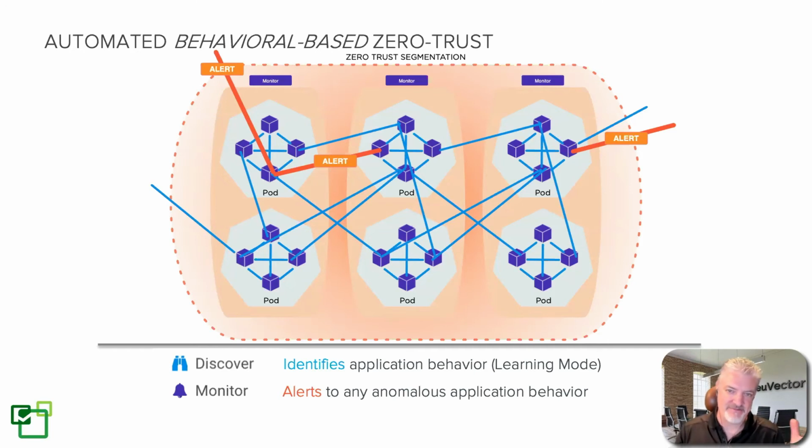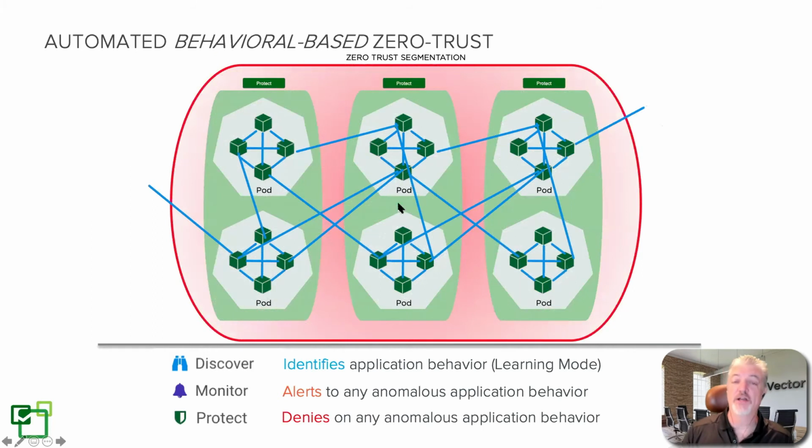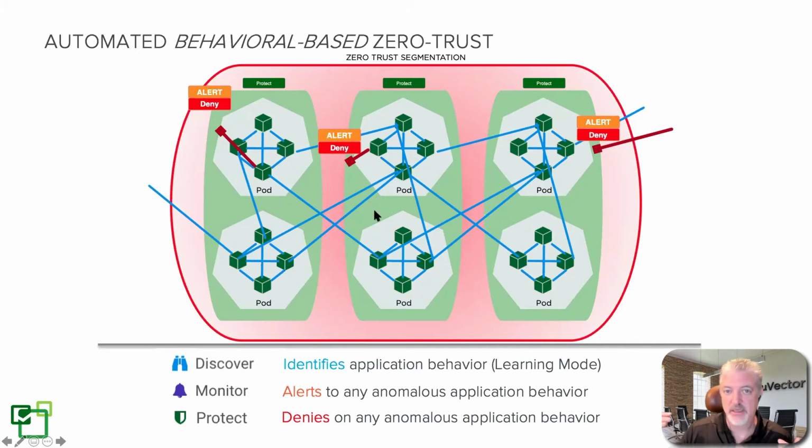It's not a product, you can apply that approach using these behaviors. Now, not only can we alert on these things, like I mentioned earlier, we have that monitor versus protect mode flexibility. So if you want to block that anomalous activity as well, you can move to protect mode, which will still use those exact same rules, except now we will block that process, we'll block that unknown network connection, that unknown network egress, and we'll prevent those from happening automatically based on the behavior that we